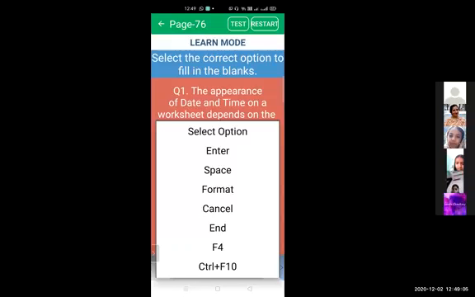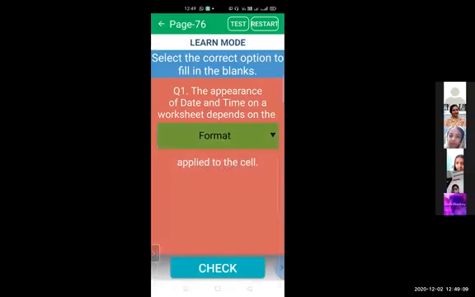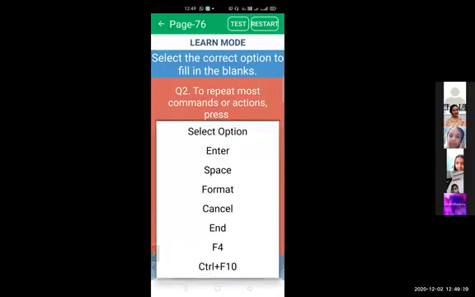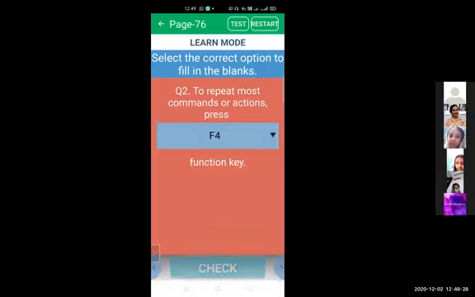Okay, so this is format. Second statement is to repeat most commands or actions you need to press a particular key. Can you tell me? Okay, Supriya Kangotra is giving me the correct answer. It is F4 key. So if you want to repeat commands, you need to press F4 key.